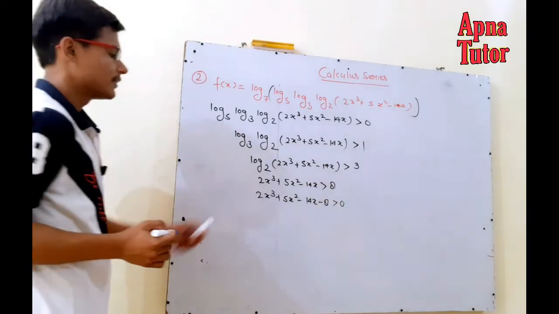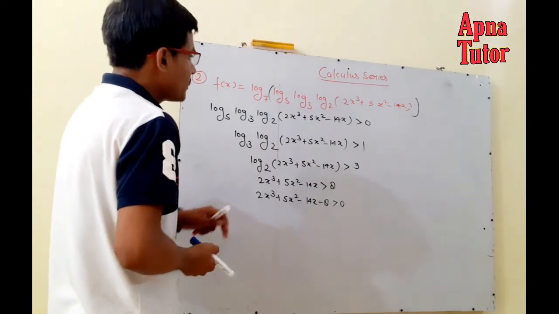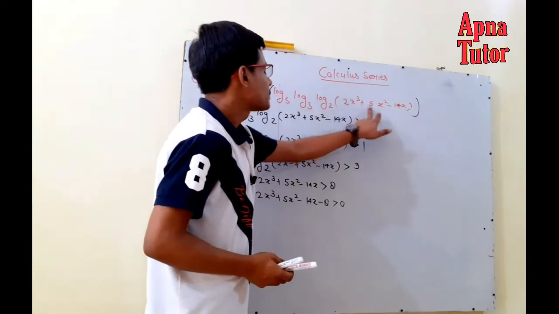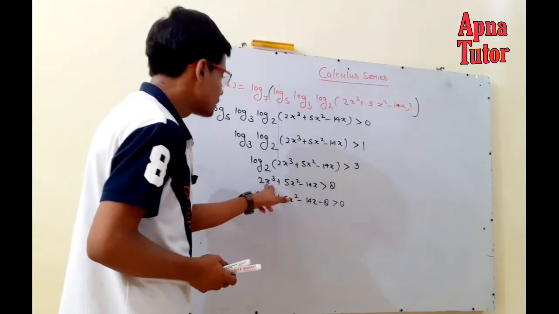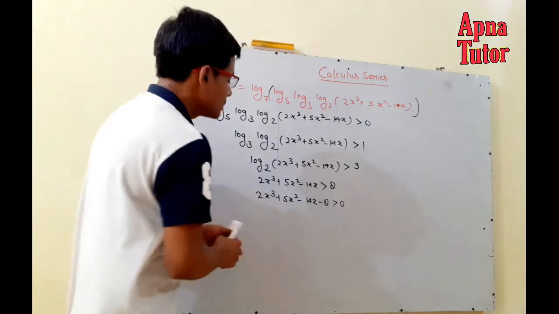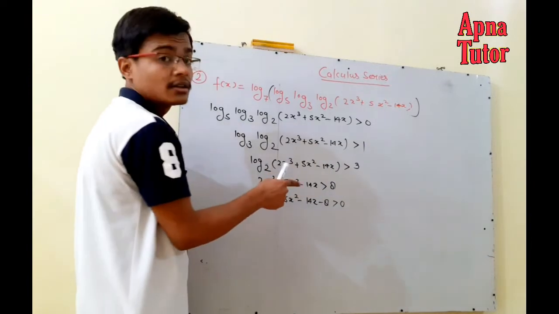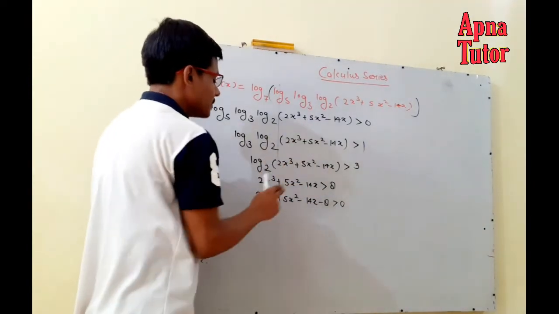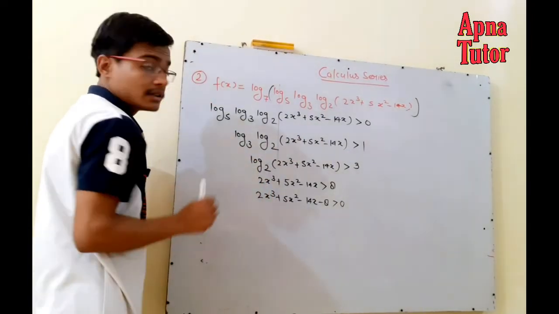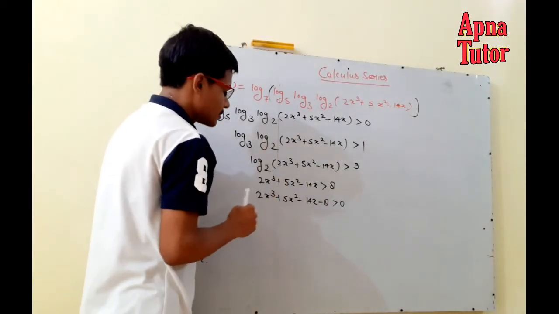So how can you factorize this cubic? Now let us see. We are not going to make this segment positive, because as you can see 2x cube plus 5x square minus 14x is greater than 8. So this function is always greater than 1, so no need to find the domain of this function individually. These are the tricks or observations you have to make while solving questions.